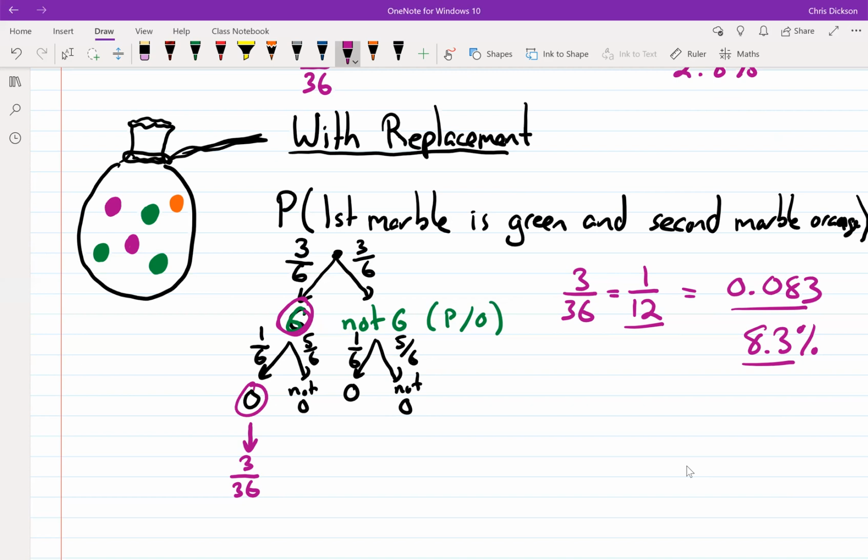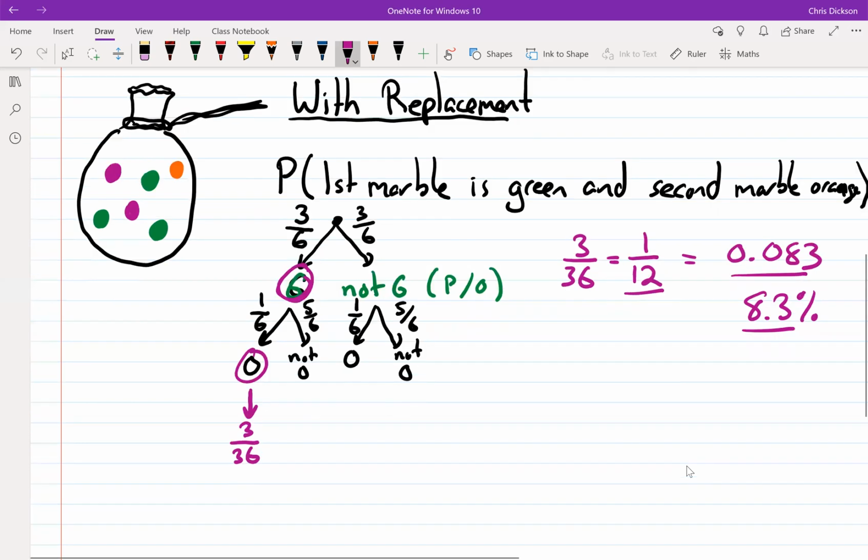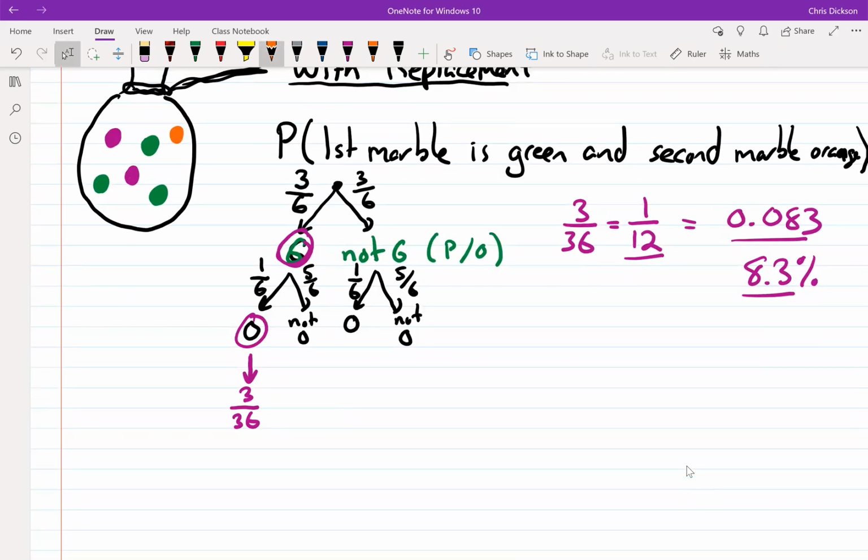So let's do a question where we have without replacement. So I'm going to go down here and change the color I worked with. What color have I not used yet? Let's use orange. That's pretty cool. So let's say without replacement. So what does that mean? Well, that would mean that you pull your first marble out and you look at it, and then you don't put it back into the bag. So you keep it out.